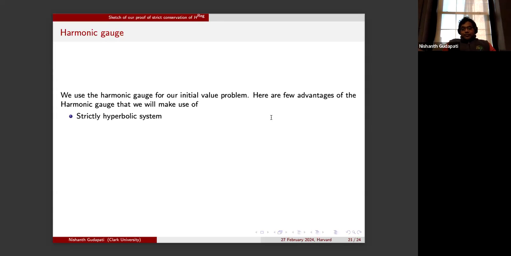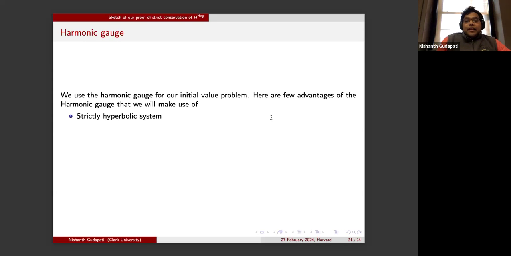So we have the Kerr space-time, and we have perturbations of the Kerr space-time in the harmonic gauge, and let's say we have a compactly supported perturbation, and we evolve the perturbations in the harmonic gauge, and we transform the perturbations into the Weyl-Papapetrou gauge. In other words, we'll get the Einstein wave map system after that transformation.